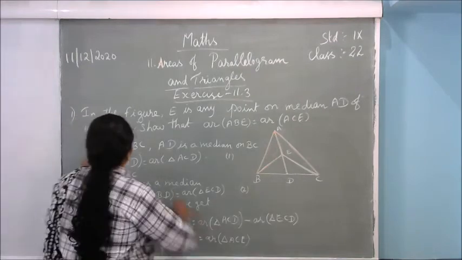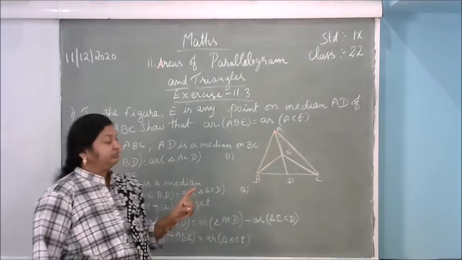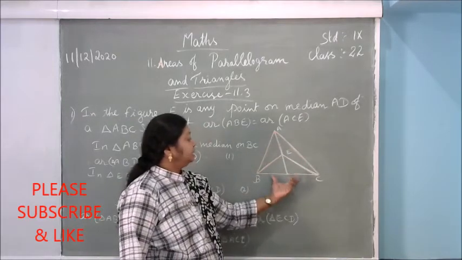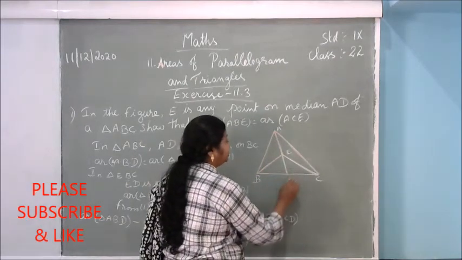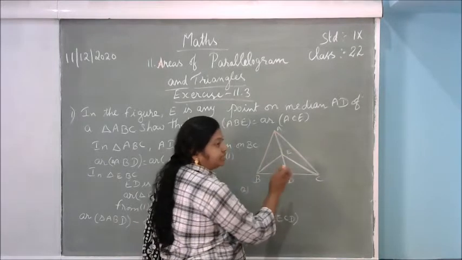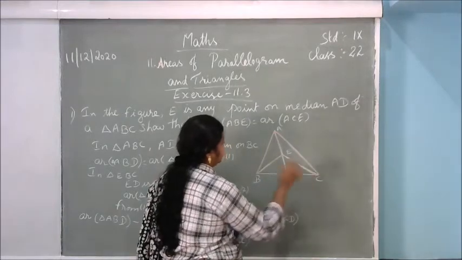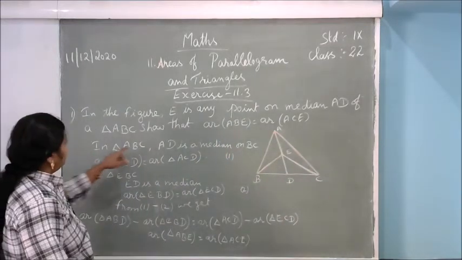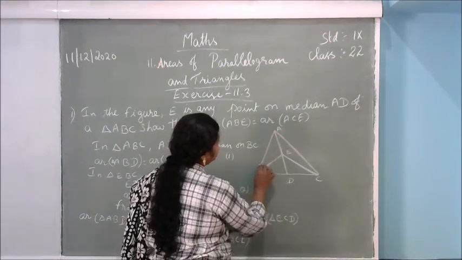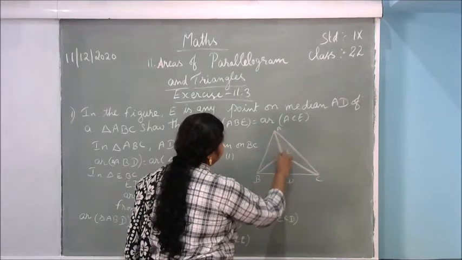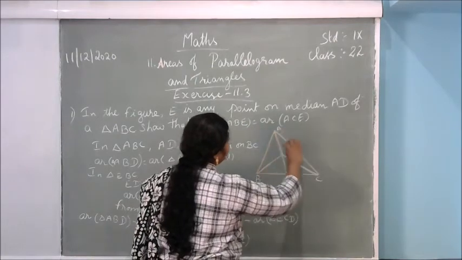See, in this, AD is the median. What is the meaning of median? Median means it will divide the base into two equal parts. That means it will bisect the base exactly in the middle. D is the midpoint of BC. AD is the median means this portion is equal to this portion. The area of triangle ADB is equal to the area of